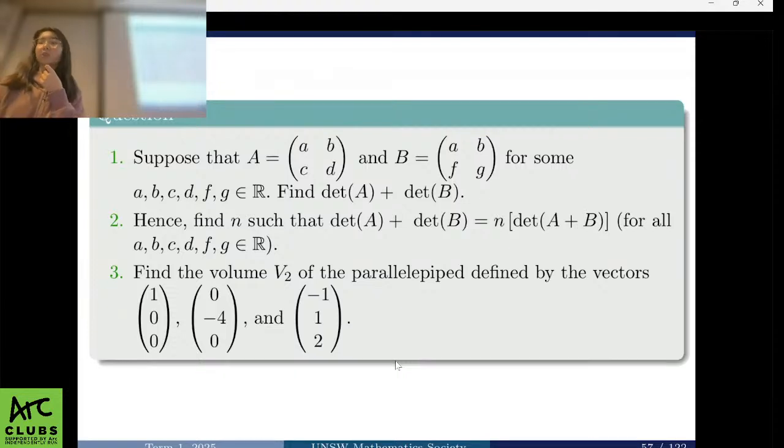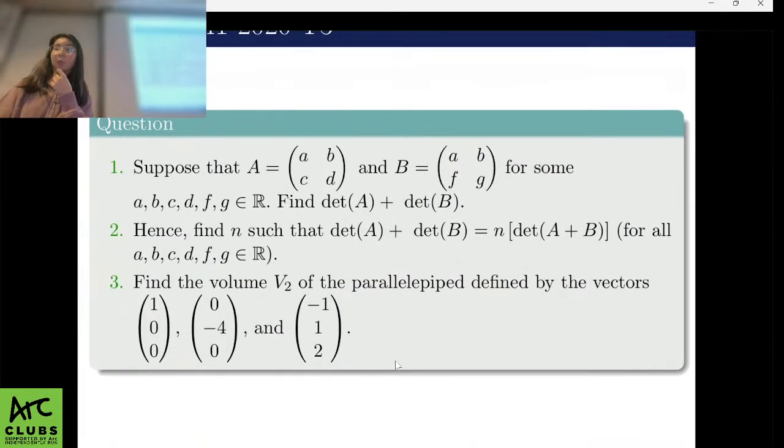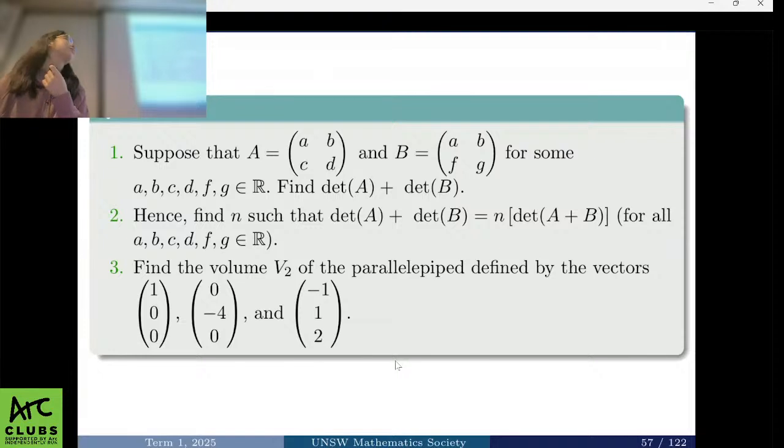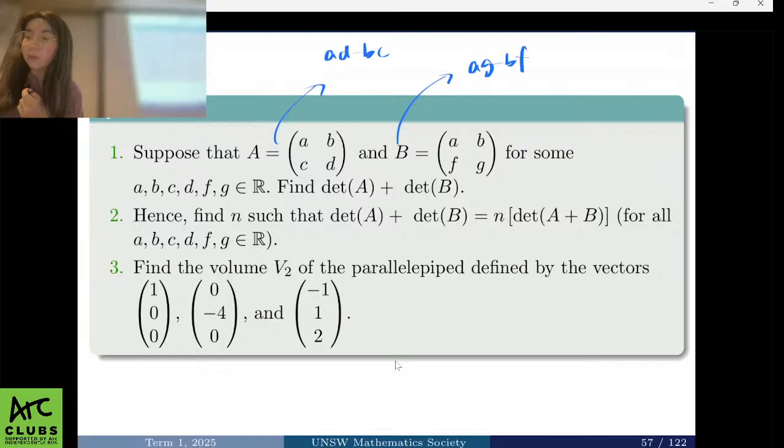We want to first find the determinant of A and the determinant of B, which is really easy if you just remember the definition of determinants. So here, the determinant of A should be equal to AD minus BC. The determinant of B should be equal to AG minus BF. So if you add them, that's going to be AD minus BC plus AG minus BF,